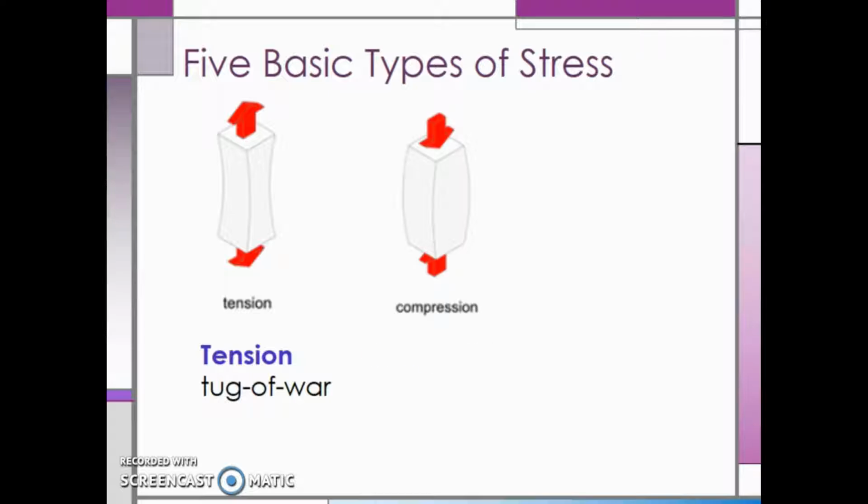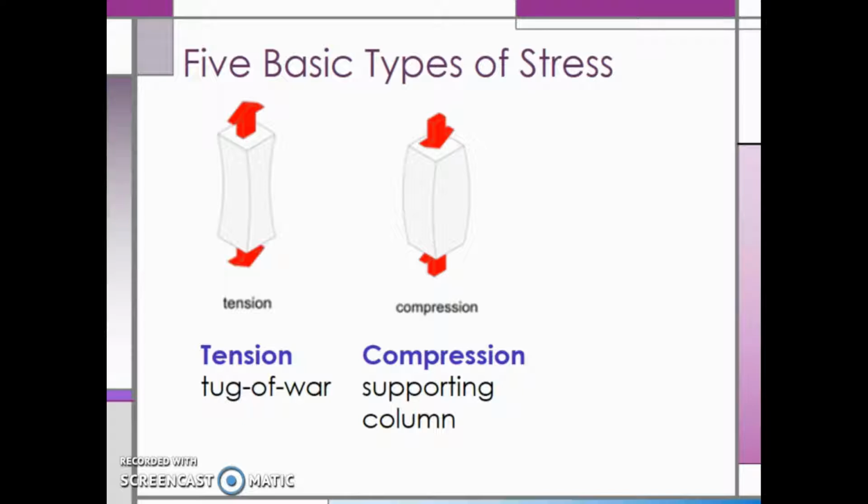Next up, we have compression. Compression is the opposite of tension. In compression, we have both ends of a one-dimensional continuous object exerting a force towards the other end. An example of compression might be a supporting column in a building or highway. The end of the column touching the ground exerts a force upward, and the top of the column exerts a